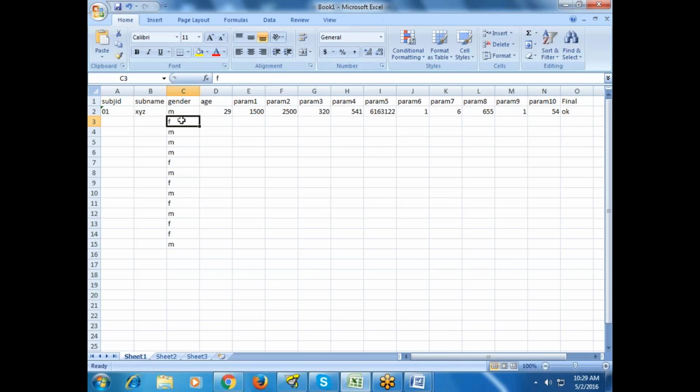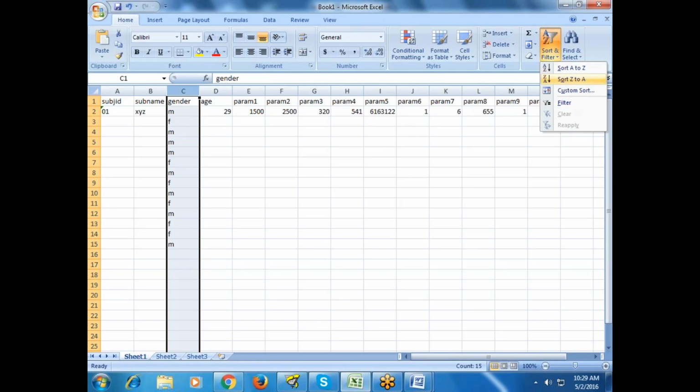So data management is nothing but arranging data as per your requirement. If you are writing male, female, chances of getting confused is high. So what I am doing is I will put all female observations to one side and male observations to the other side. So now I can sort my data.